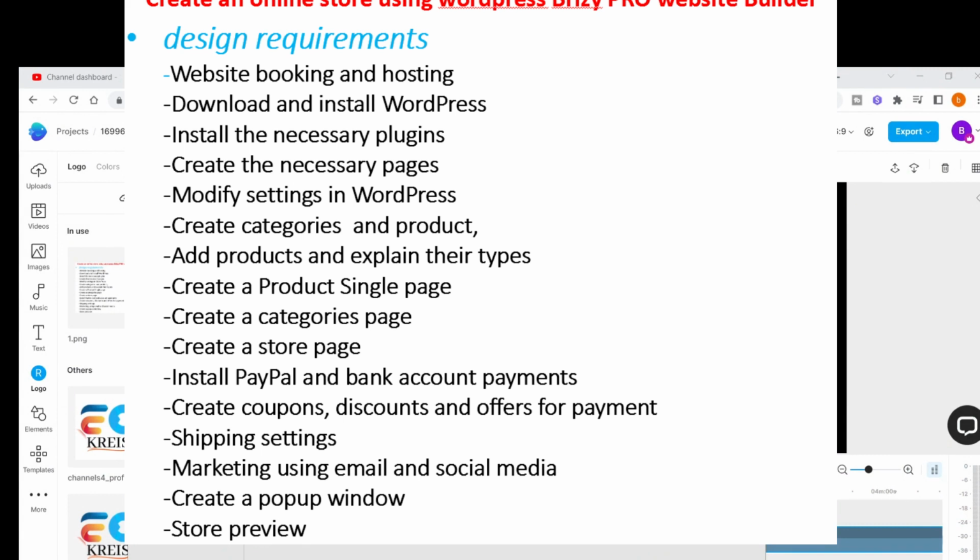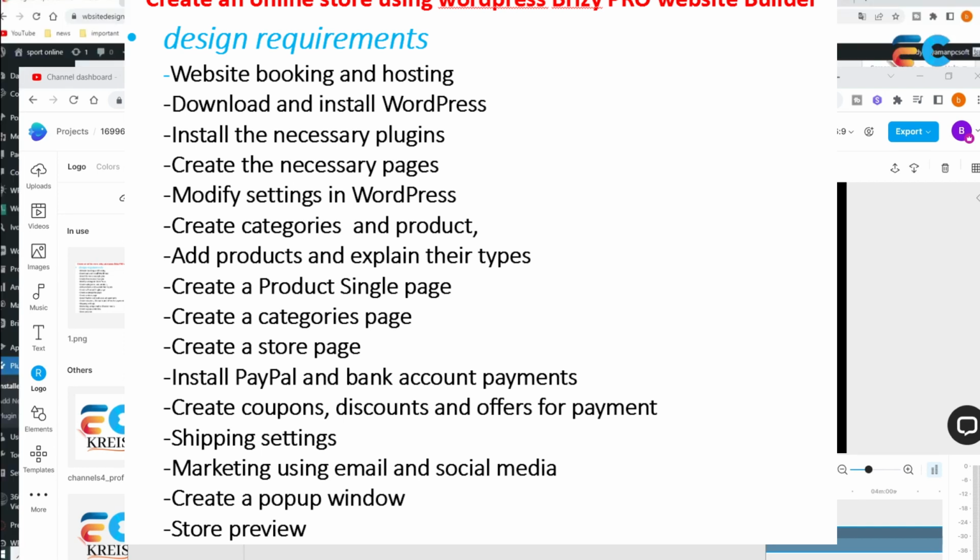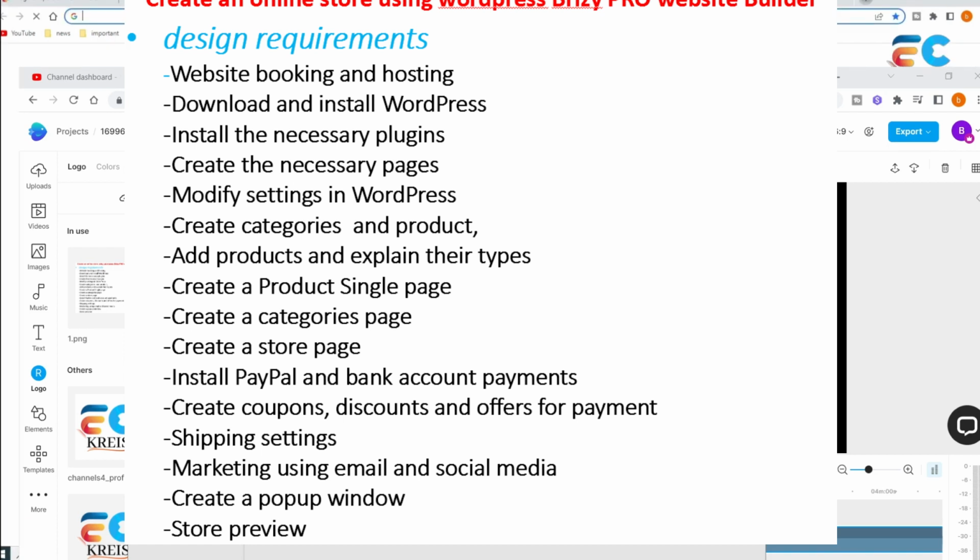We will reserve a website, hosting, download and install WordPress and install the necessary plugins. Create the necessary pages and modify the settings in WordPress. We will also create product categories, add products, install PayPal and bank account payments, payments using Visa cards, credit cards, and other ways in payments,